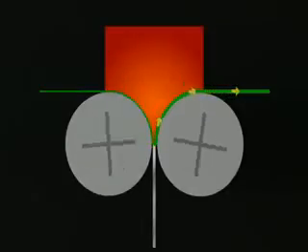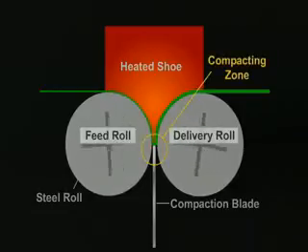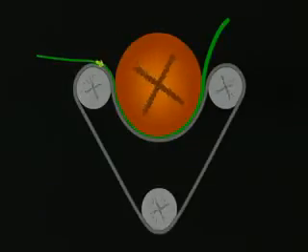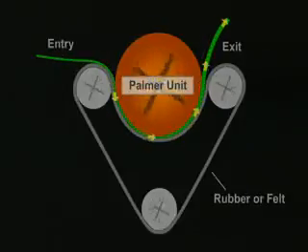A similar but different system design incorporates a compaction blade located below one heated shoe, positioned between the feed and delivery rolls. With this system, the compaction also takes place when the fabric movement is precisely slowed by surface contact in the compaction zone. A second kind of compaction, belt compaction, utilizes either a rubber or a felt belt that